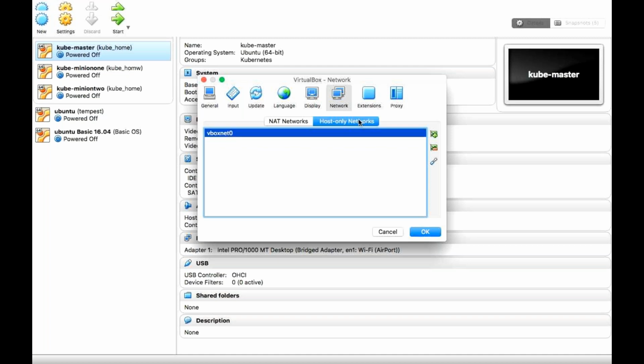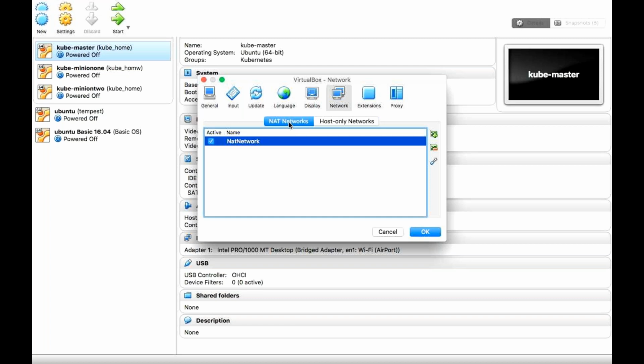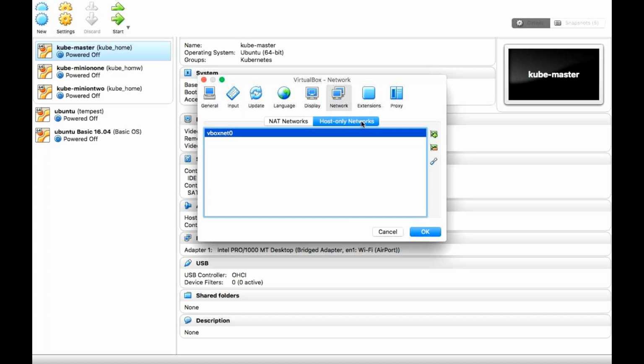The second one is, for a VM we are attaching two networks: one is host only and one is NAT. NAT is already created. It is a kind of switch you're creating here, a software switch. And one more switch which we need to create is host only network. Host only network means you can communicate within the server: from the base machine, using this IP address, to the virtual machine, and from one virtual machine to another virtual machine. For that reason we are using host only network.